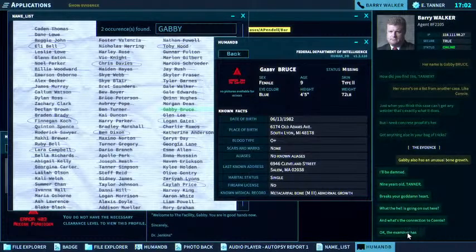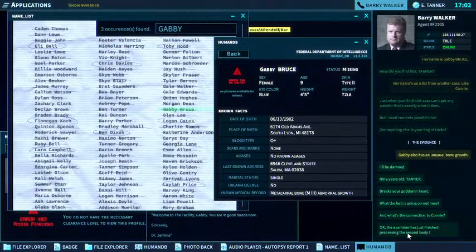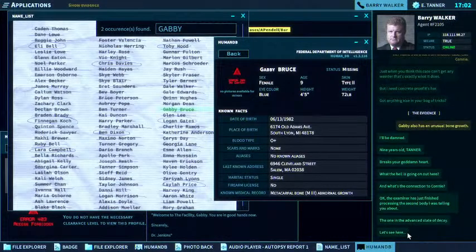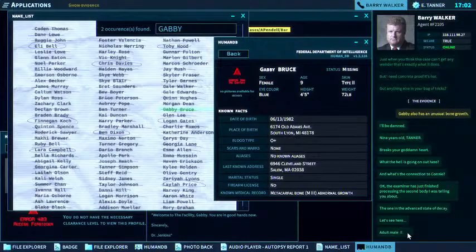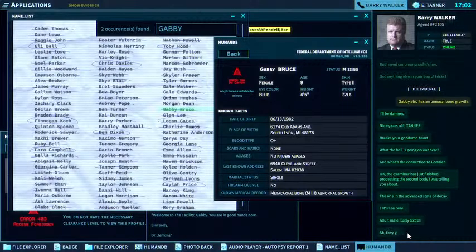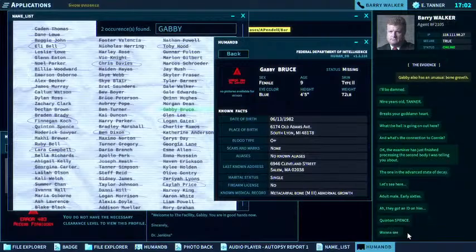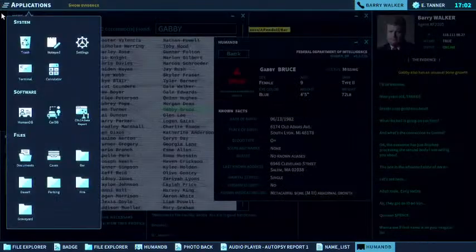Okay, the examiner has just finished processing the second body I was telling you about. The one in the advanced state of decay. Let's see here. Adult male, early 60s. Ah, they got an ID on him. Quentin Spence. Want to see if that name is on your magical list, too?